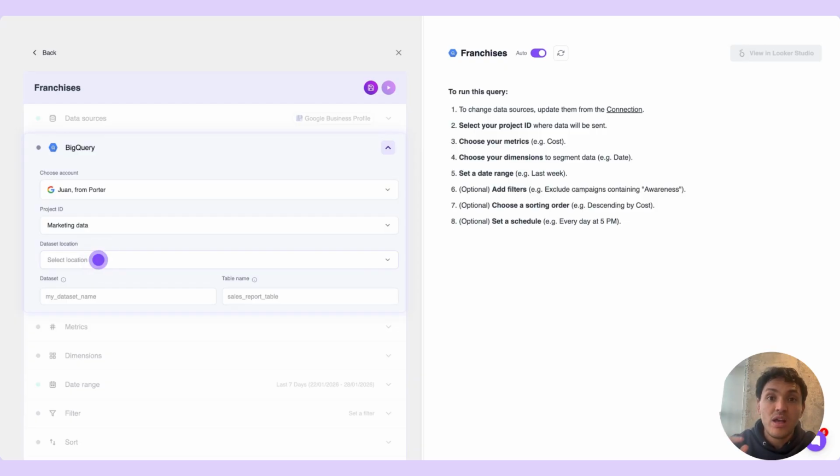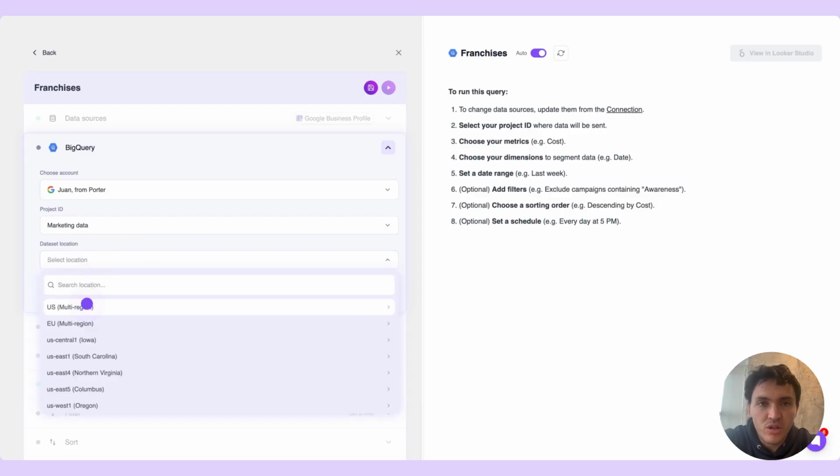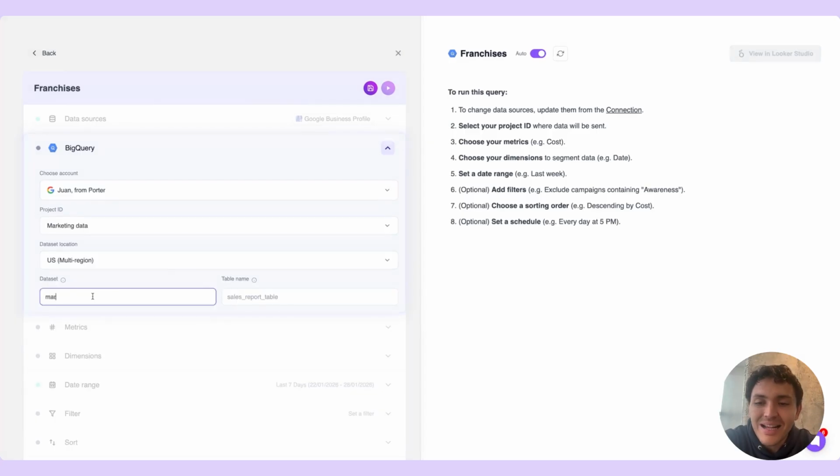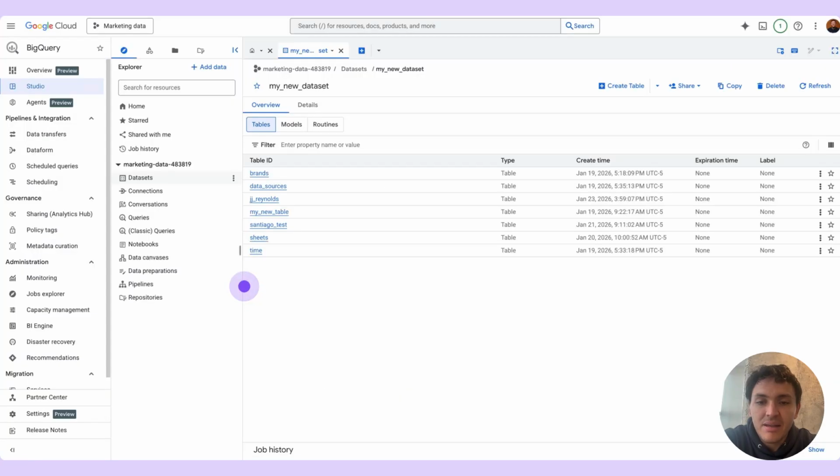It is time to select our dataset, but first we need to set the location of this data. So by default, I generally use multi-region. I am always agnostic with this, but this is depending on the policies and compliance of your company. And here, as dataset, I have a dataset that is called marketing data, and the table name, I will go to Google BigQuery